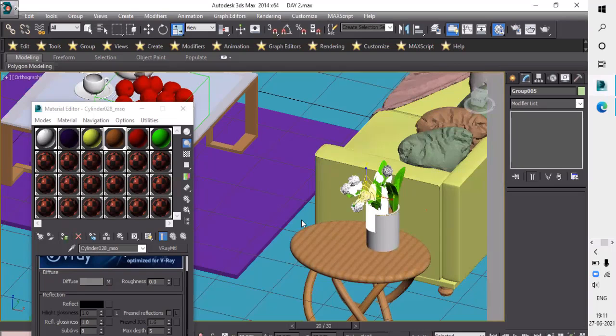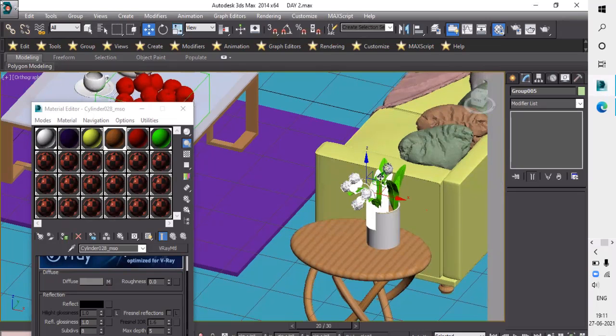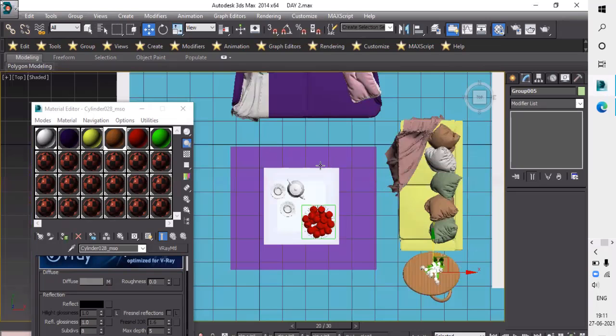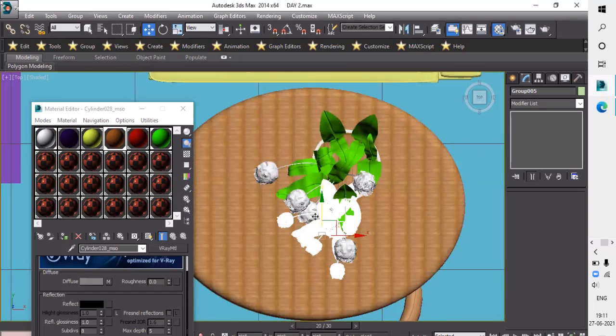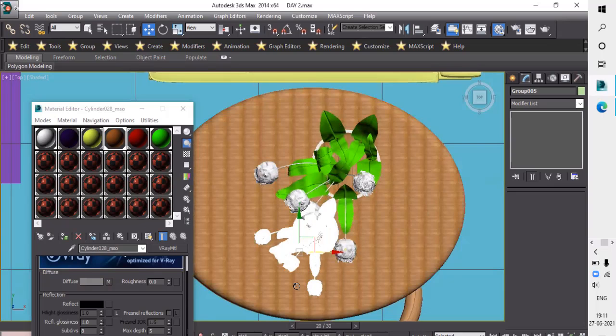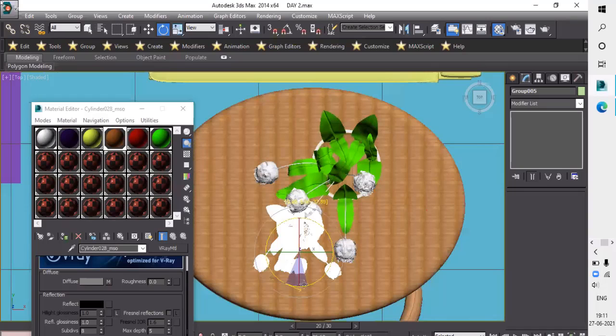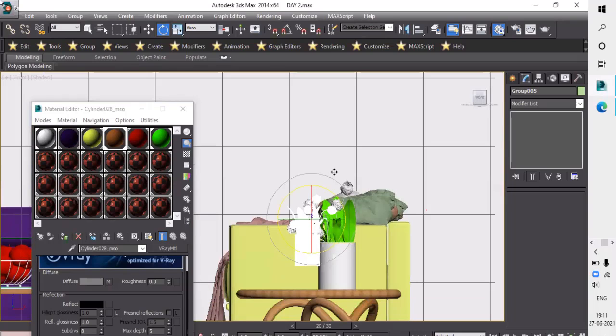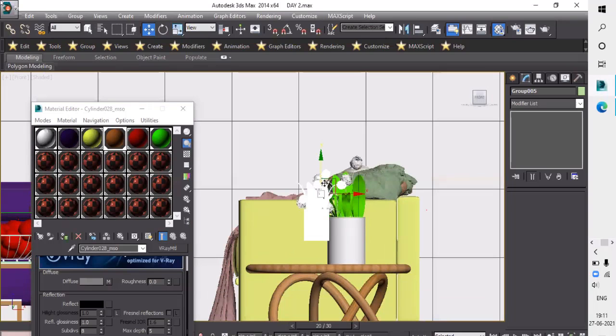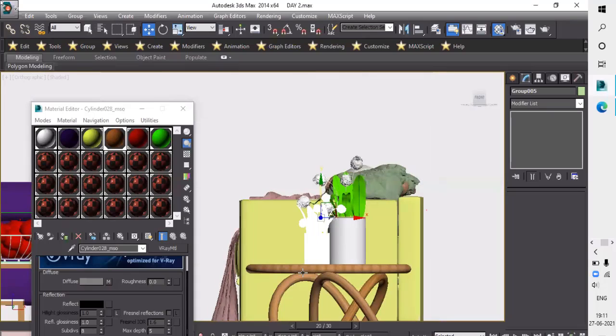So I will scale it, copy it with the help of W. I place it. Go in top view and then place it. Because if you rotate it like that, go in front view and place your object. It's a simple technique, you know.